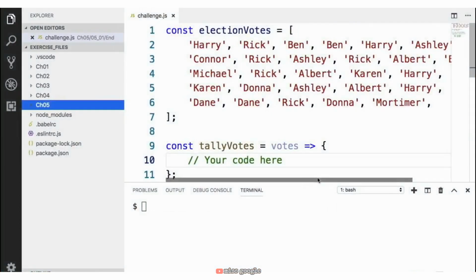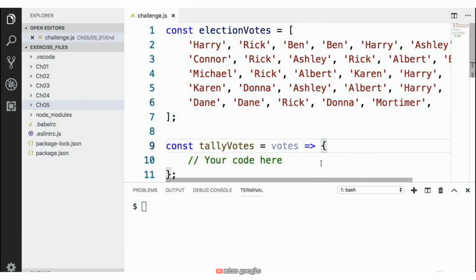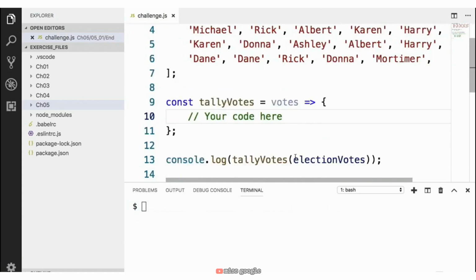So I'm going to show you how I solve this now. First of all, the tricky part here is that we want this function to be independent of the names that are actually in the array. As I mentioned before, we're not allowed to hard code any of these names into the function. So what I'm going to do for this function is use reduce. So we're going to say return